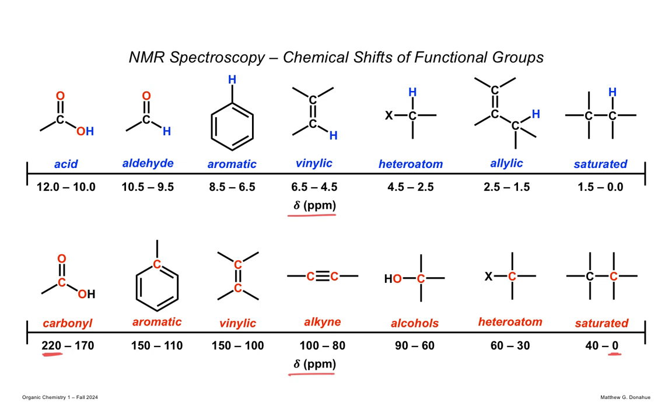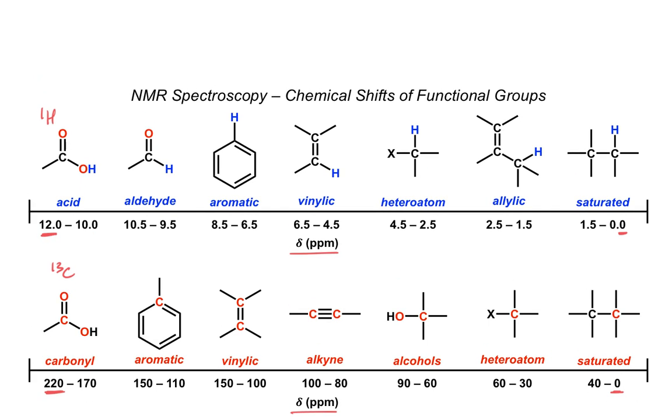The proton data, so this is 13C, the top one's 1H, runs from 0 to 12. Carbon NMR data is much easier to interpret. Proton NMR data, again, will start most likely next week. It has a lot more issues with it that make it a little bit more challenging to interpret. But what this slide is showing you is